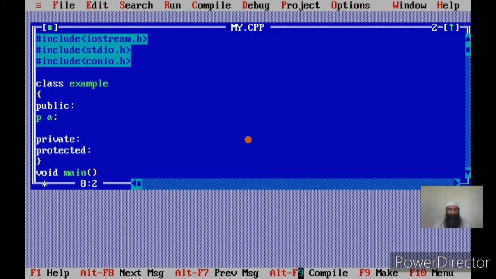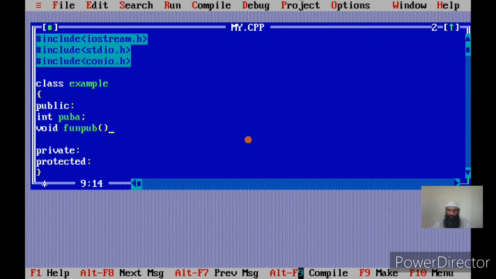To indicate that I have declared A in the public section, I create a function, say void public. I am not passing arguments, but later on I will be passing arguments to this function also.